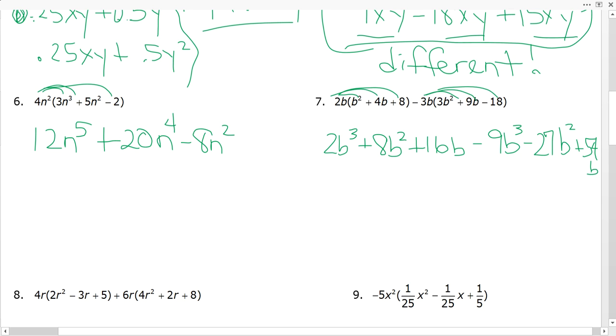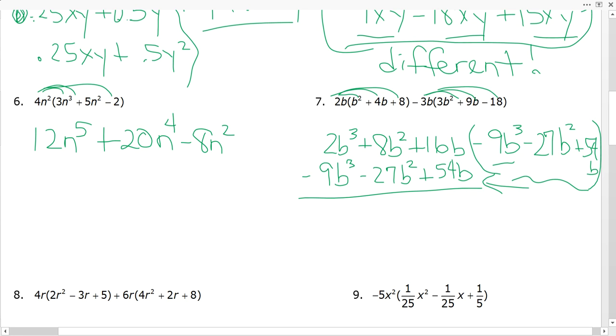So what I'm going to do to combine my like terms is I'm going to take all this stuff right here, and I'm going to put it underneath the term that it matches. So if I have 9b to the 3rd power and 2b to the 3rd power, I'm going to put my minus 9b to the 3rd here, my minus 27b squared here, and my plus 54b here. So I just took all this and put it underneath,